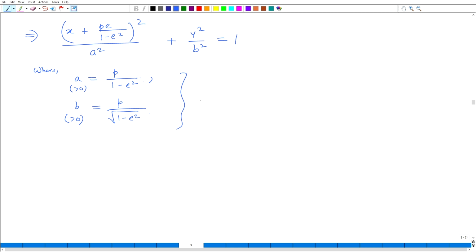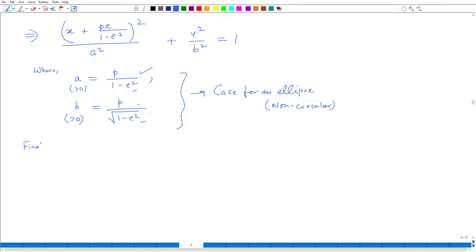So this is the case for an ellipse, non-circular, I just mentioned that. If you follow the formula for p and e over here and here, then you will finally get